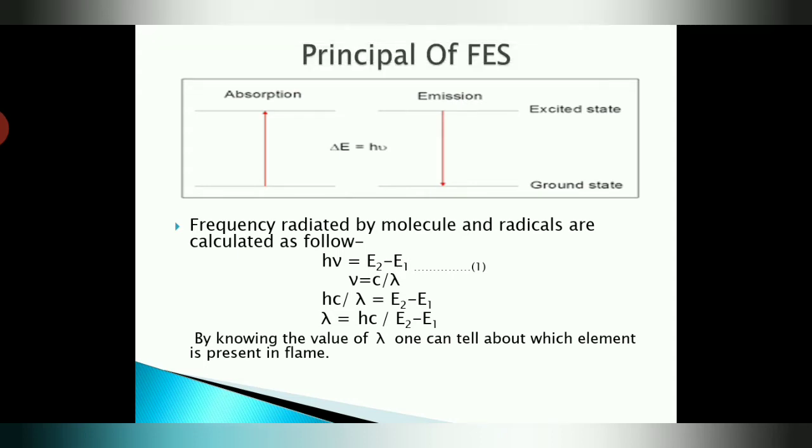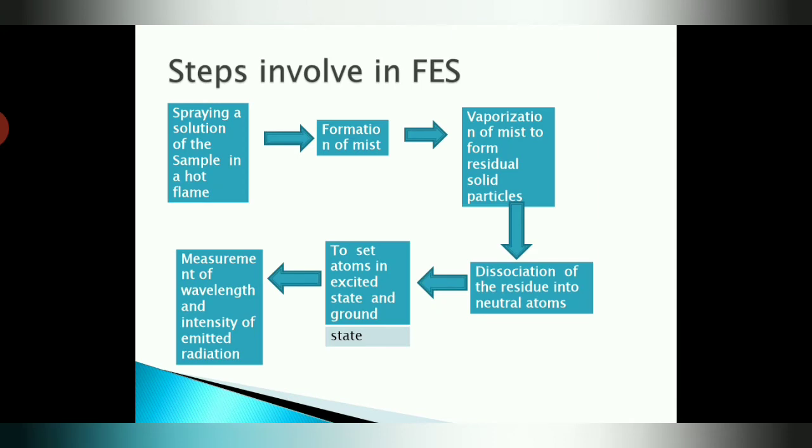Okay, so let us begin with the steps involved in flame emission spectroscopy. This step we have already seen in the principle. What happens in this instrumentation? The sample which is going to be analyzed is sprayed on a hot flame. Then after being introduced into the flame, it is converted into mist, meaning formation of mist. Next, after mist formation, the compound is vaporized